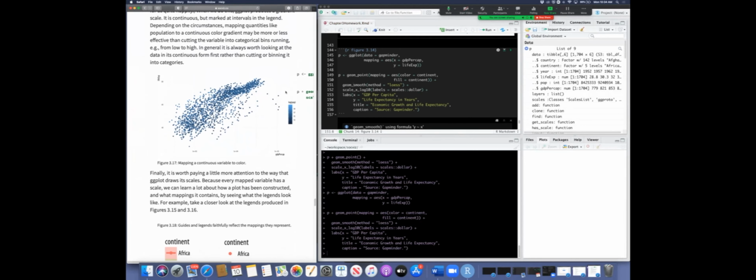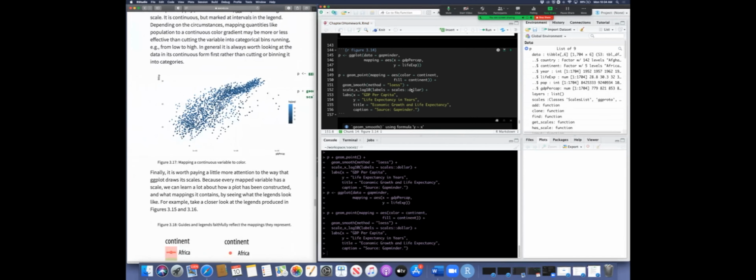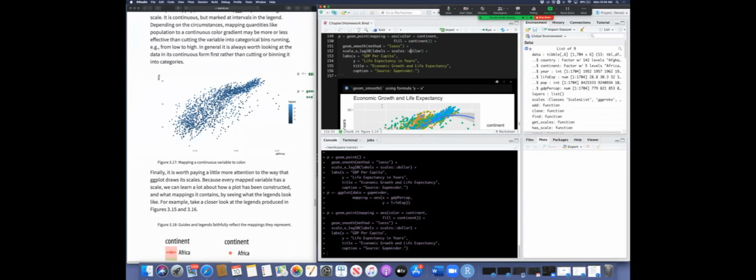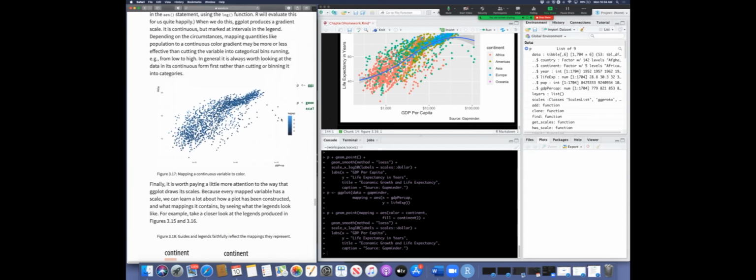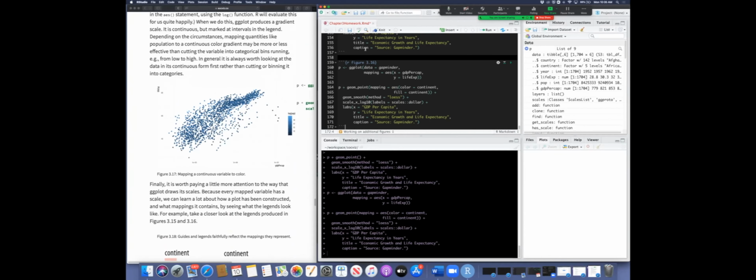Okay, and of course you can layer on extra information too. So imagine we want to incorporate some information about their population. Okay, so for this last one, you'll get to see we can add an extra layer and make the color something from a variable as well. So for this